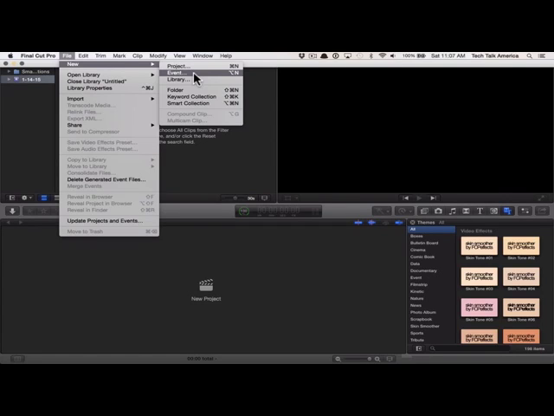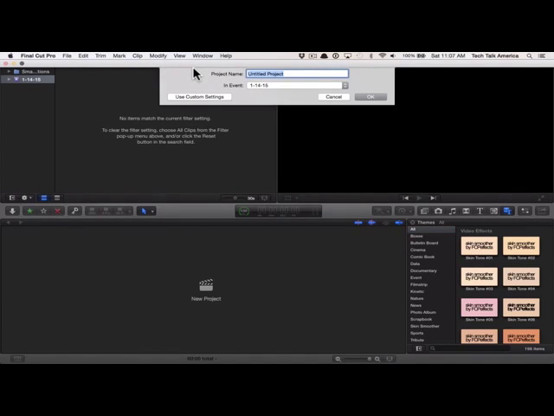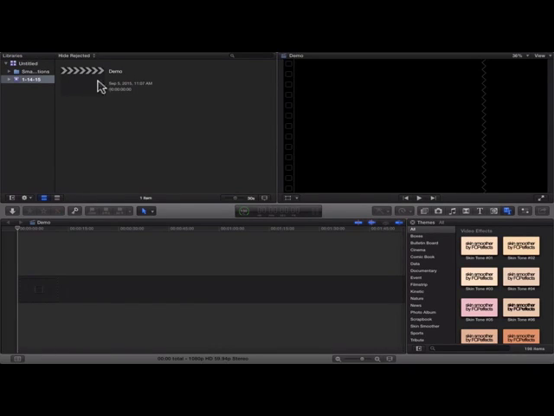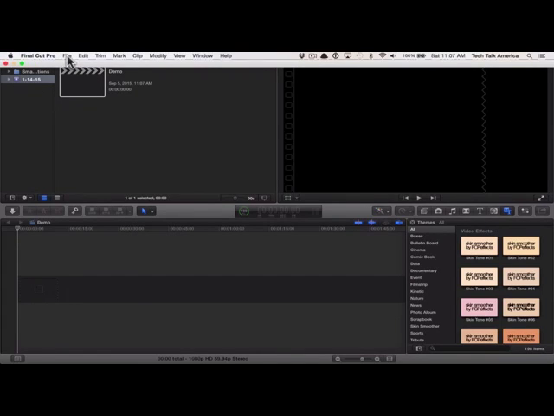So the first thing we're going to do, because we're starting new here, is create a new project, okay? And I'm just going to call this Demo, okay? And you can see up here, it looks like a little clapboard right here. If you have multiple projects, this is the icon that you're looking for to double click on to pull up the actual edit itself. Okay, and what it's done is it's created an event here,